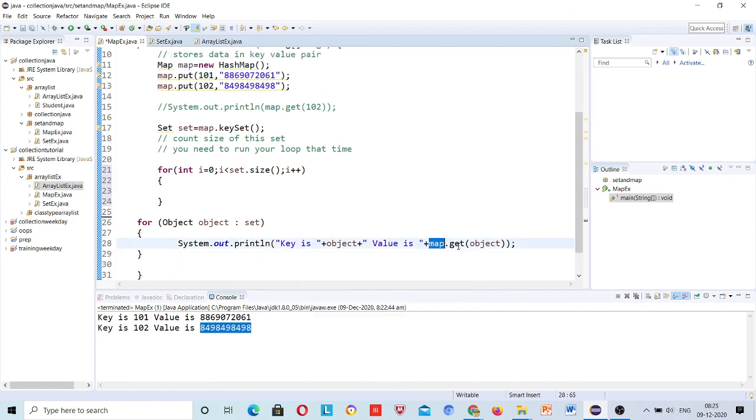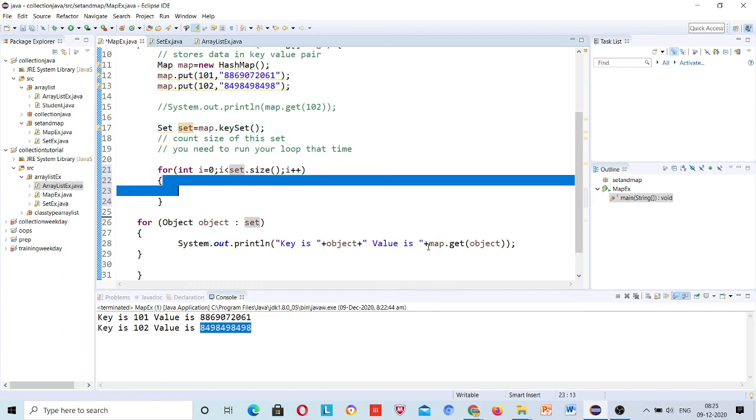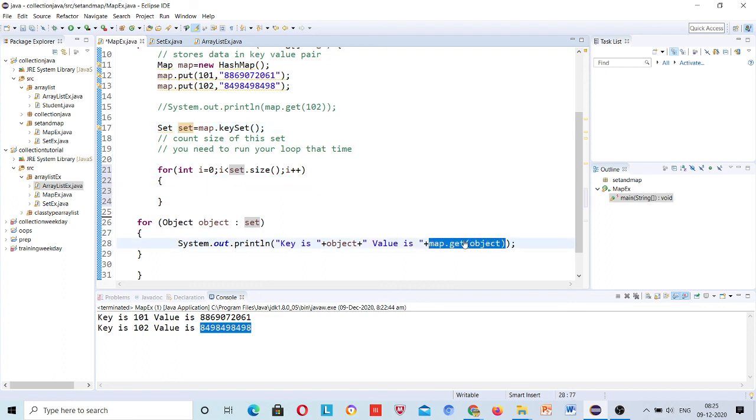So map dot get key coming from here, set. It should be working here.